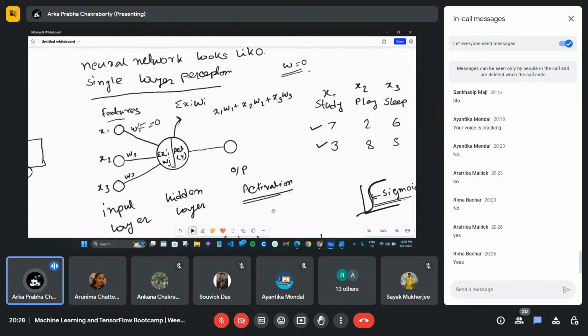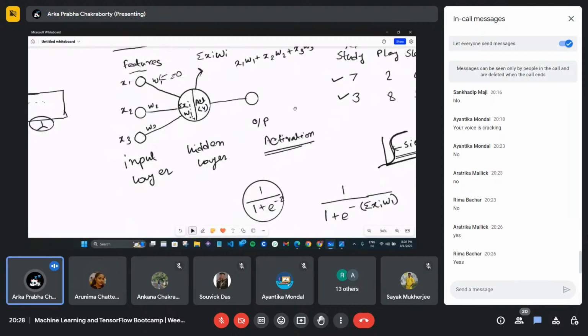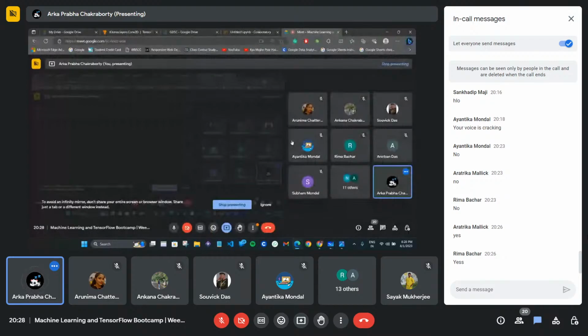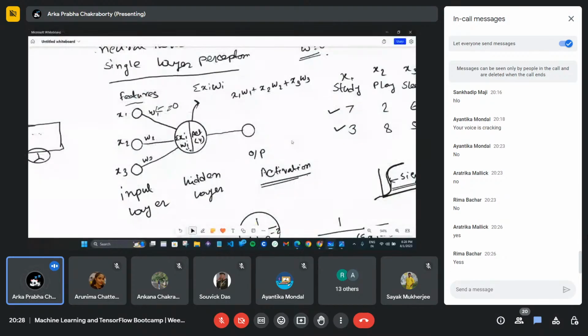So just think about it: if my weight value is 0 and I am multiplying something with 0, what will be my ultimate value? That will be again 0. So 0 into x1 will be 0, right? So that is a problem. That's why we have to add something like bias.